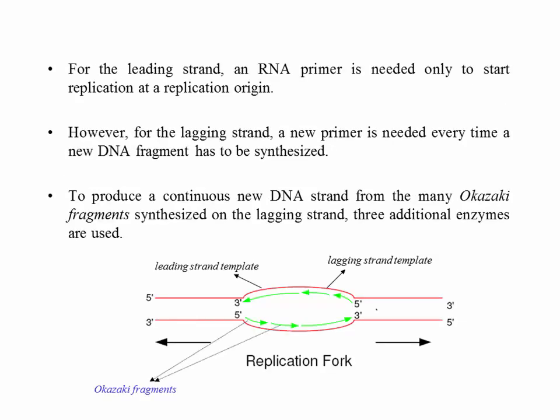So again, let's go back to our earlier picture. You have the replication fork, all right? The top strand is 5' to 3', the red strand from left to right, bottom strand 5' to 3' from right to left, right? And the replication fork is moving away from the replication origin in each direction. So here, if you look at the leading strand, once you've primed it once, it's continuously synthesized. You don't need to prime it anymore. So there's a primer that will lay out those 10 RNA nucleotides, and then the rest of it will proceed to completion as the fork opens up. Okay? But on this other lagging strand, every time you need a new fragment, you're going to need a new primer, right, to get the DNA replication started.